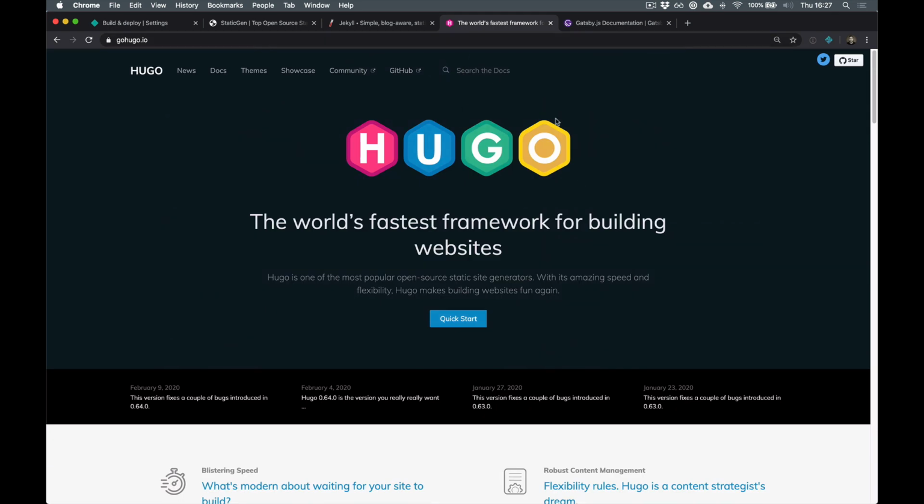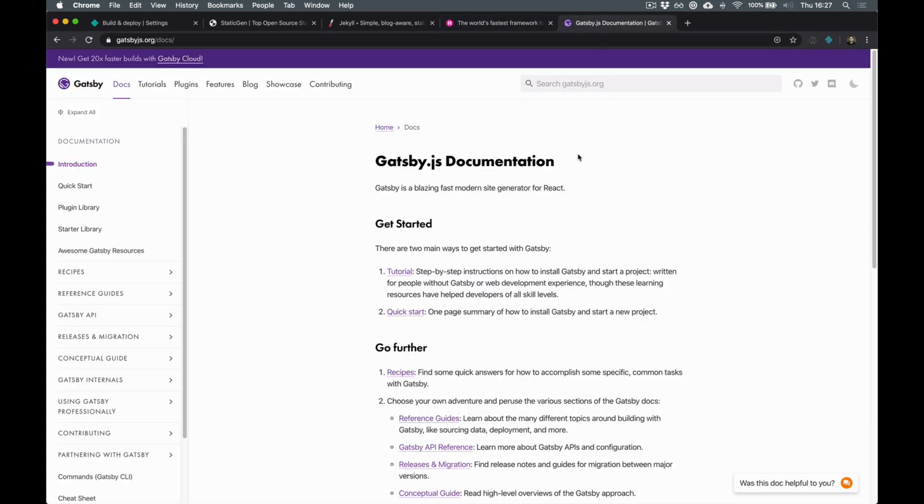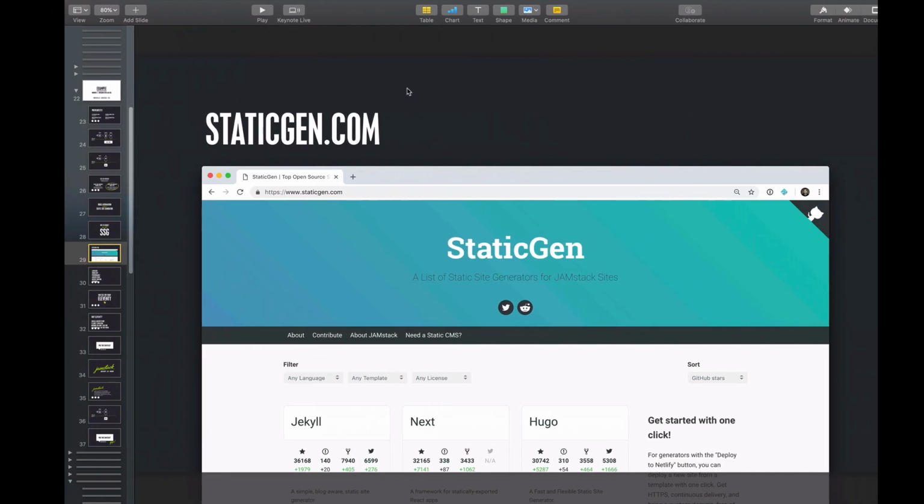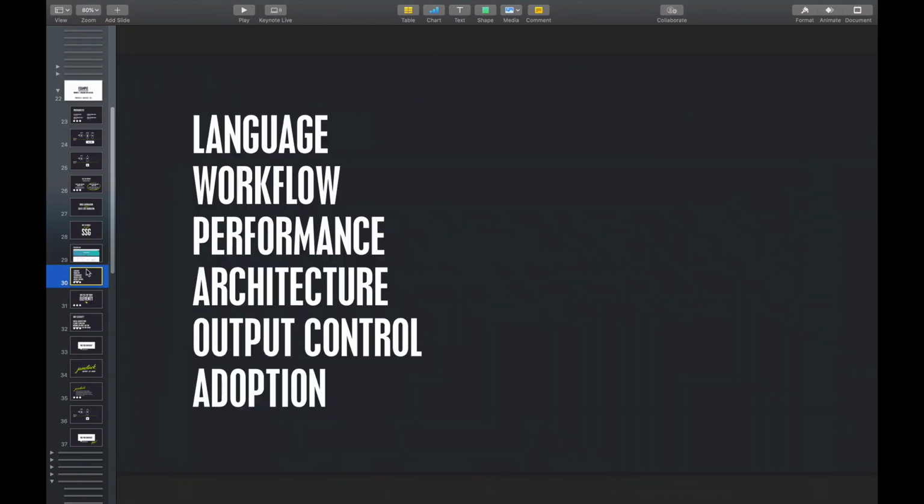Again, we might have considered that one. Gatsby.js is another static site generator which is built on the React ecosystem, so that might be one we consider. But in actual fact, I'm going to make a recommendation in a second. So we can choose the static site generator to suit us based on the language, maybe the workflow that it